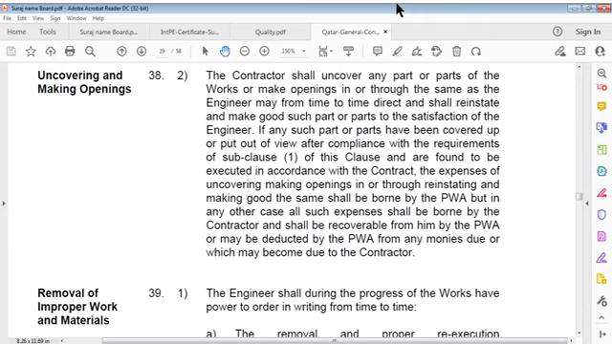Uncovering and making openings. Well, I think I have to take a few minutes because signals are also down a little, and I'll be back in a couple of minutes. Meanwhile, you can read